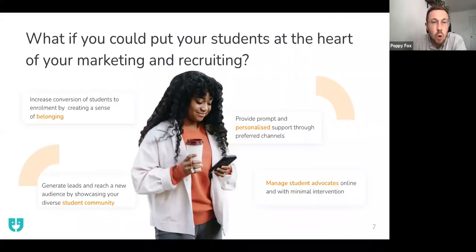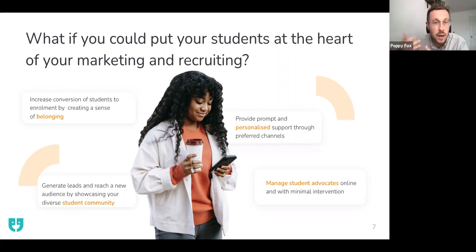But what we're seeing with our partners is that by responding to the trends I spoke about earlier, and enabling prospective students to easily connect to their student advocates, we're seeing really some profound impacts. We're enabling them to reach new audiences and generate leads from these regions.